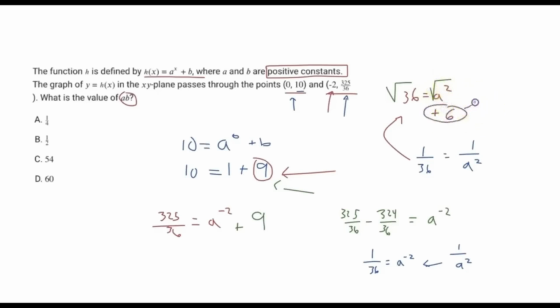So positive 6 here is our answer for a, but the question is asking for the product of a and b. So we know here that b is a value of positive 9, and a is a value of positive 6. So 9 times 6 is going to give us a value of 54, and therefore C is going to